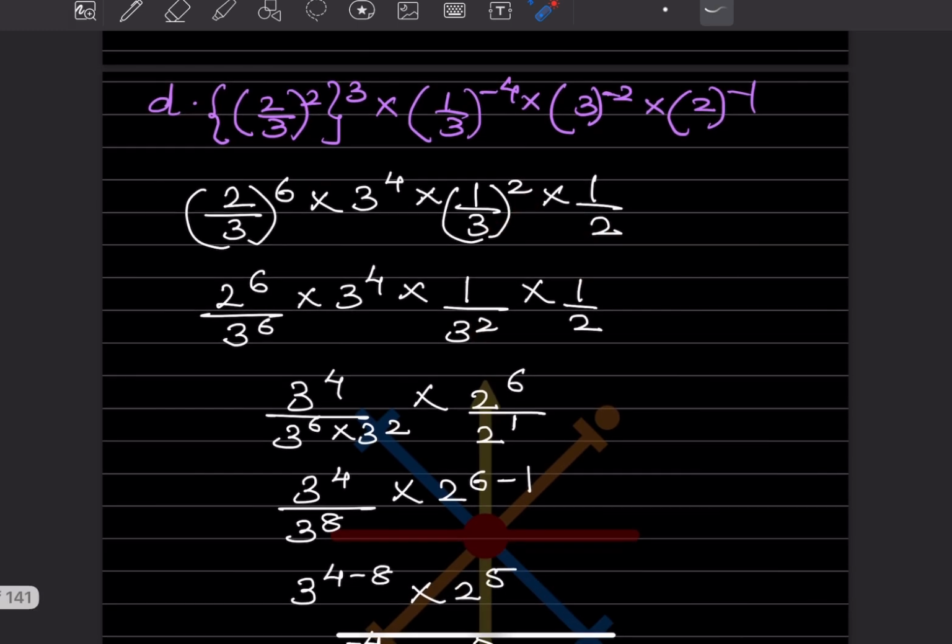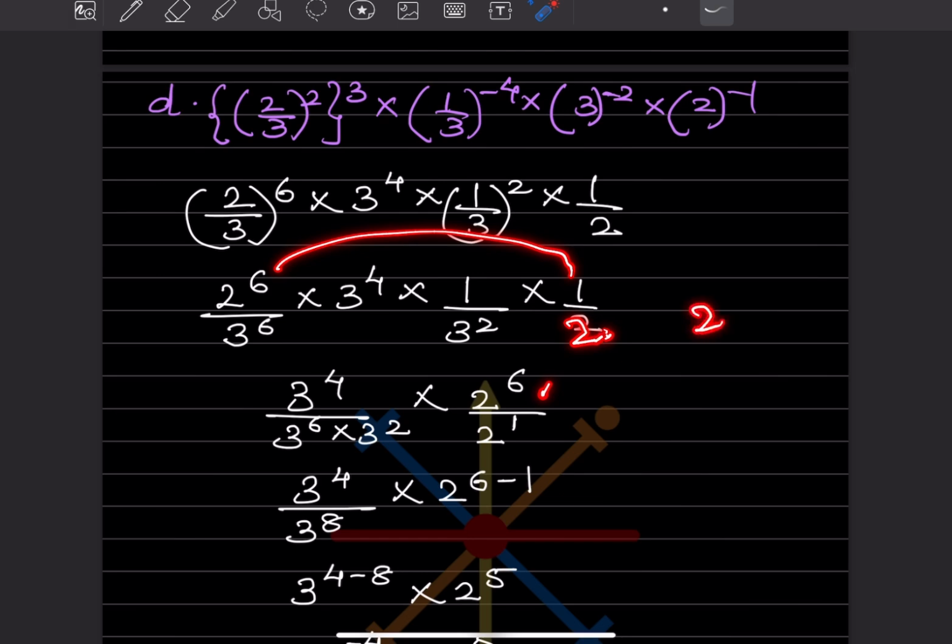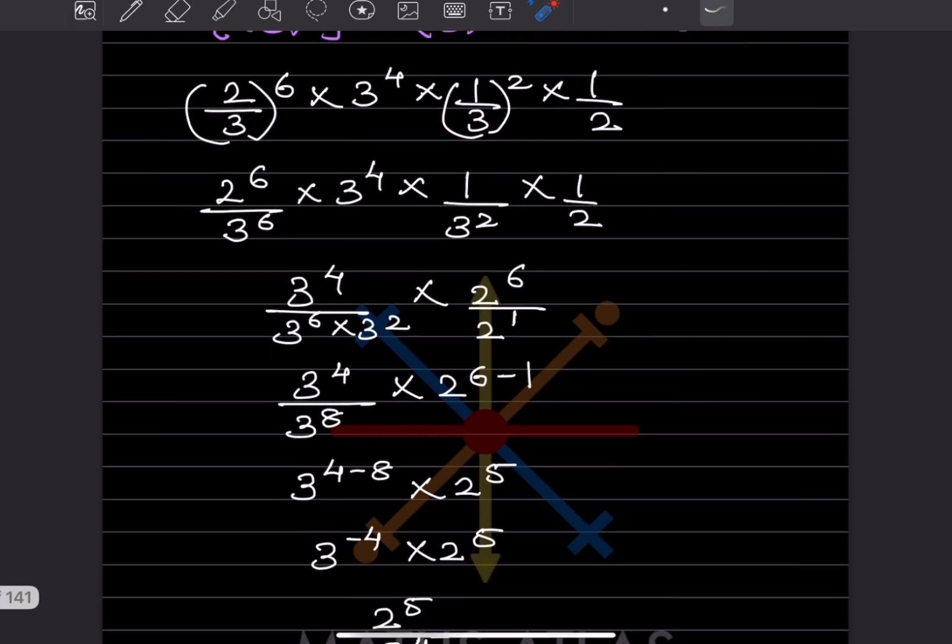So now what will you do? We can see 2's and 3's everywhere. Because I just took the numerator, you can also take 2 first. So here 3 by 4 is in the numerator. In the denominator we can see 3 by 6 into 3 raised to 2. Again, in the numerator we can see 2 raised to 6, and the denominator is nothing, meaning 2 raised to 1. So I just wrote 2 raised to 1 because it becomes easy. So now